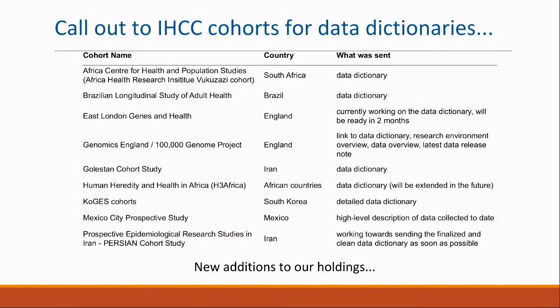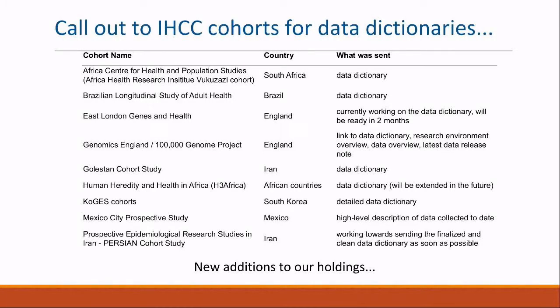I don't know if any of you recall, I hope some of you recall, an email went out some weeks ago. What we've tried to do is, as I said, capture what information we could without bothering you, and now we're trying to bother you with respect to getting data dictionary information. So we've sent an email. These are the people who've gotten back to us. Not enough of you have gotten back to us, so this is a great opportunity to remind you to please respond to my email.